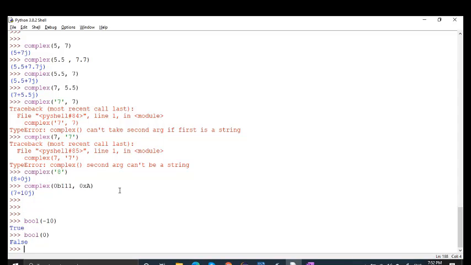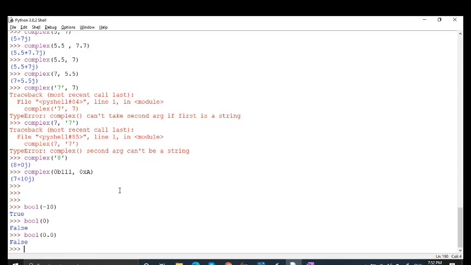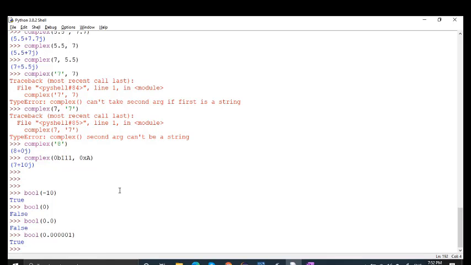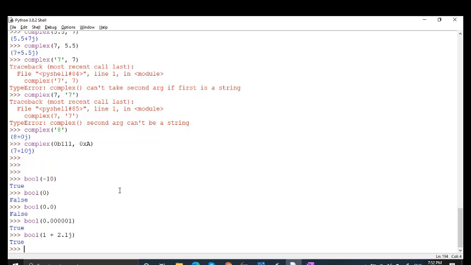If I write bool 0.0, so 0.0 is also a 0, so it will generate false. If I write bool 0.00001, it will generate true, right? Because it is a non-zero value. If I write here bool 1 plus 2.1j, this is a complex, so it will generate true.